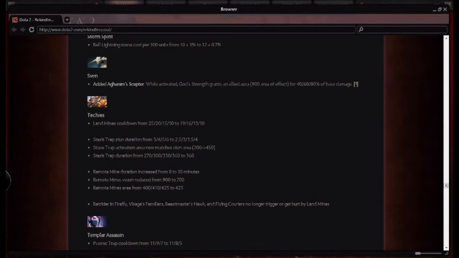Stasis Trap, though, getting a nice little nerf. I mean, that was a very long stun for 6 seconds. Now it's just 4 at the final level. Stasis Trap activation area now matches stun area. So now it can activate from a longer way away, just to match its area effect. Stasis Trap duration: instead of scaling how long it'll sit there, now it just sits there for about 6 minutes